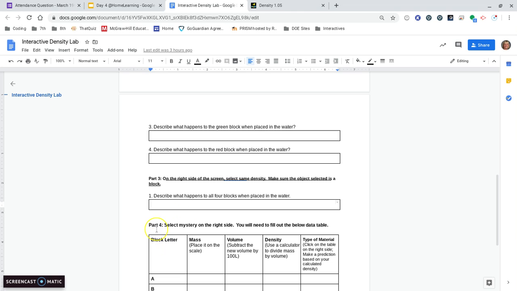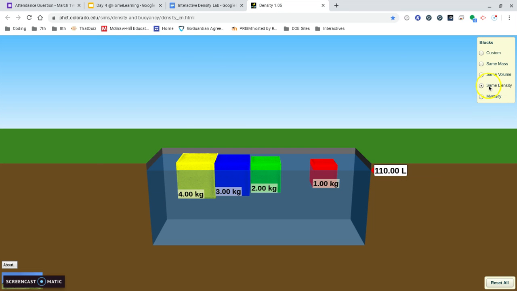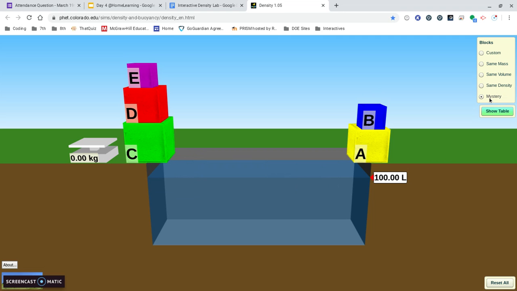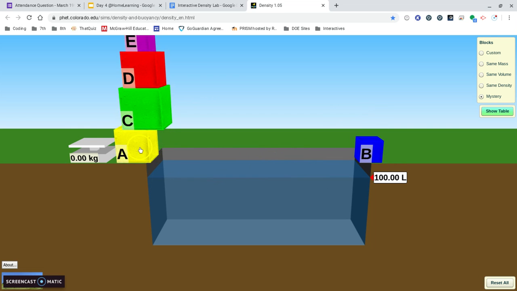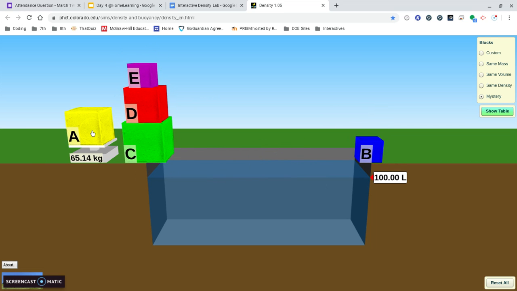Now, part 4 says select the mystery on the right side. You will need to fill out the data table below. So what that meant is I'm going to click mystery. And now I have 5 blocks. They all are going to be different. And I'm trying to figure out what matter is block A representing, what type of matter is block B representing, what type of matter is block C, D, and E. So I'm going to take A, I'm going to put it on the scale first, and I'm going to record